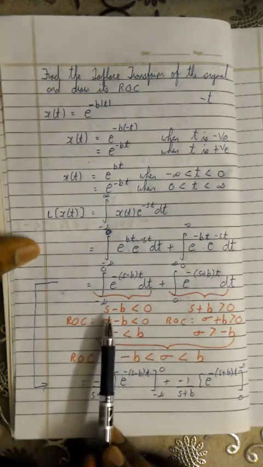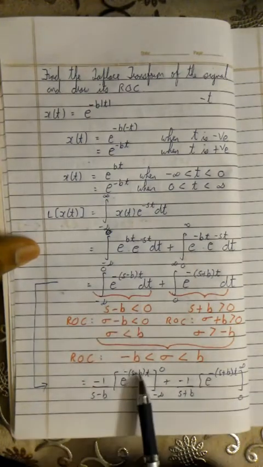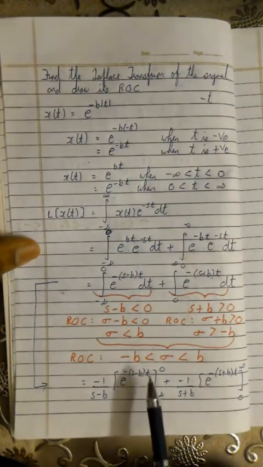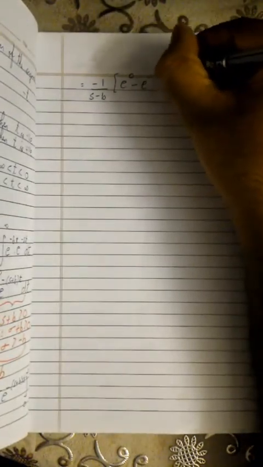See, s minus b is a negative number, so it's less than 0. So this is negative, this is negative, so this essentially becomes a positive value. So now if I substitute t is minus infinity, it will become e raised to minus infinity. So this will become e raised to 0 minus e raised to minus infinity,